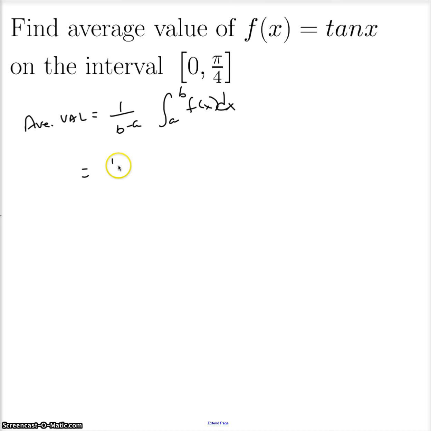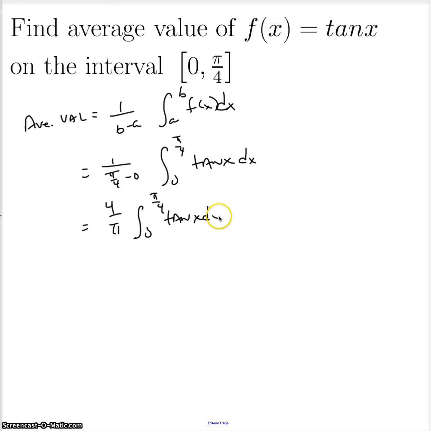So this is 1 over pi over 4 minus 0 times the integral from 0 to pi over 4 tan x dx. So this is 4 over pi